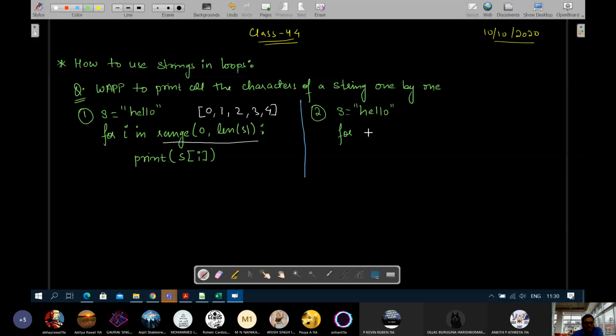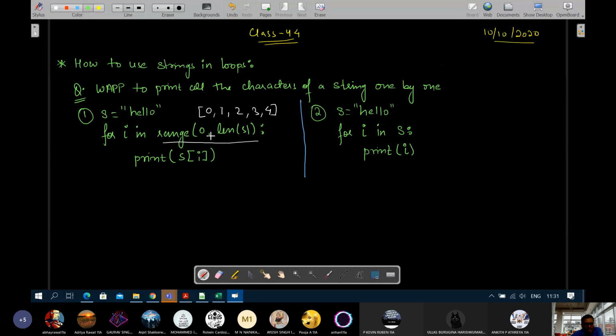Directly we'll write, this is a new thing, so get it very clearly. for i in, we will directly write s, this s that we have used, and we will print i directly. So what is the difference between these two?